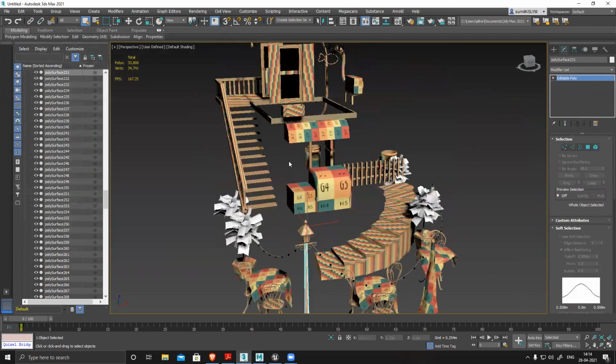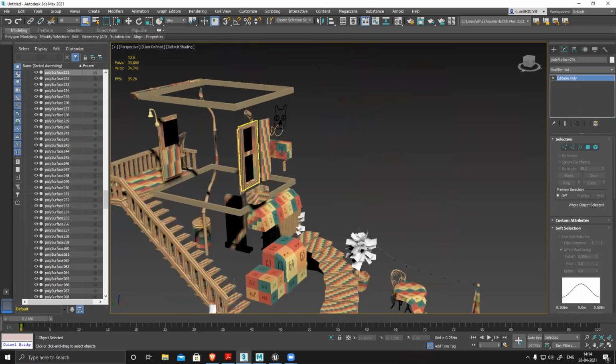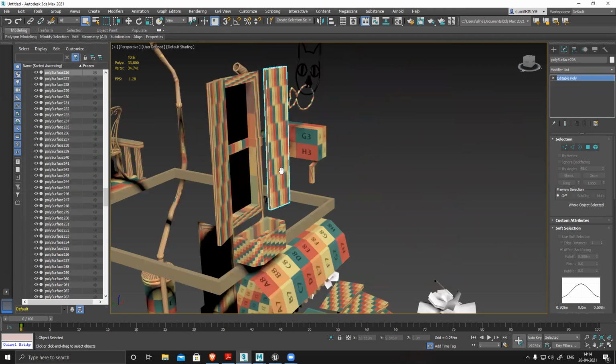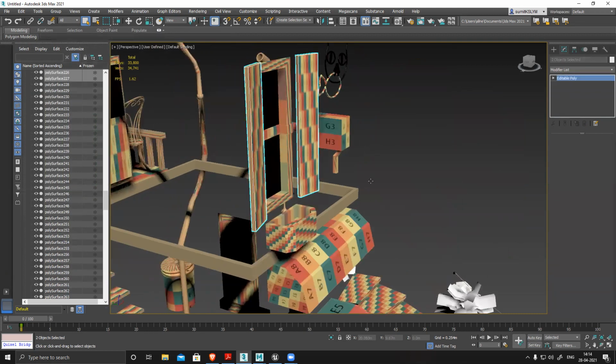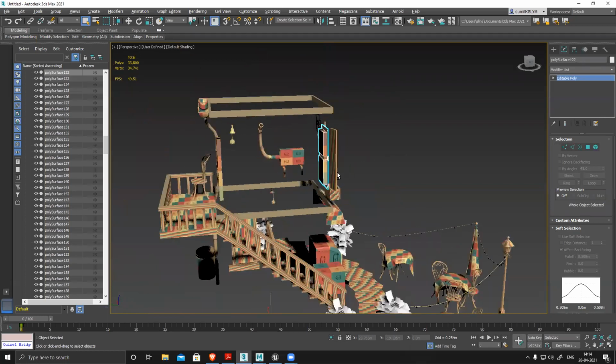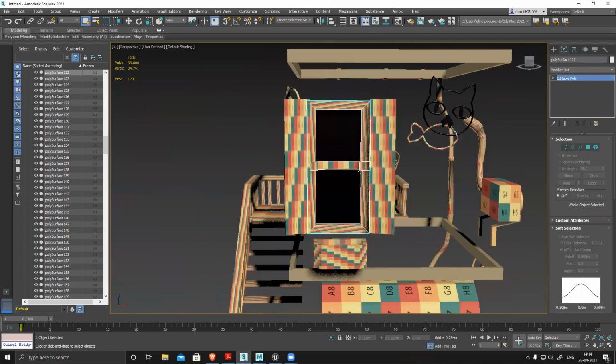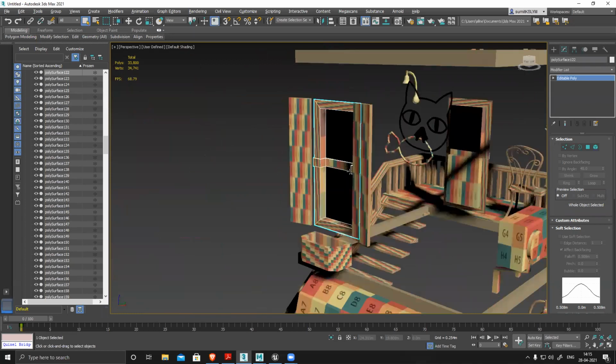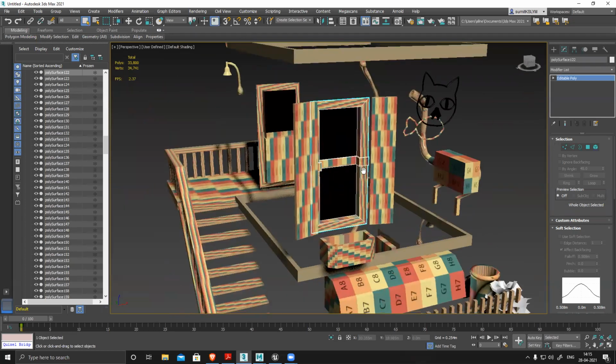Very simple. Select all these box things. As I have already separated all those glowing areas, the rest of everything I can select and unwrap.